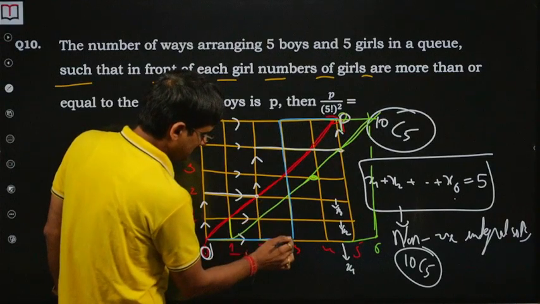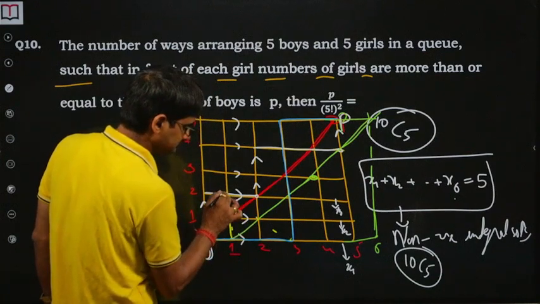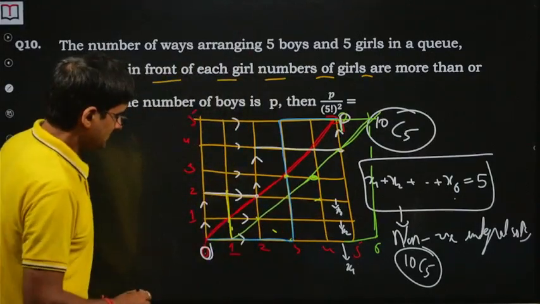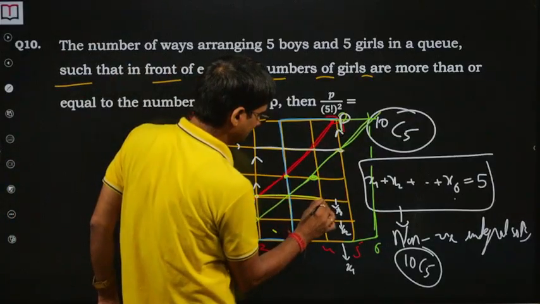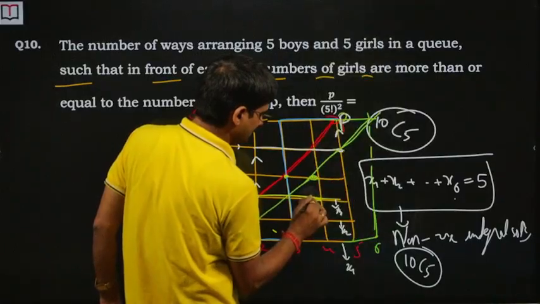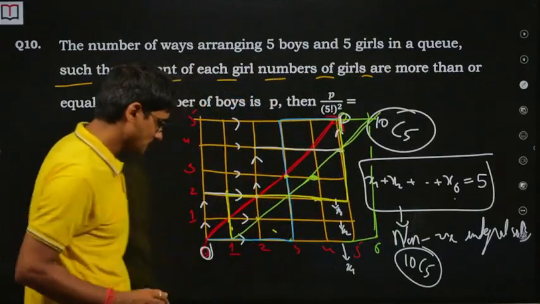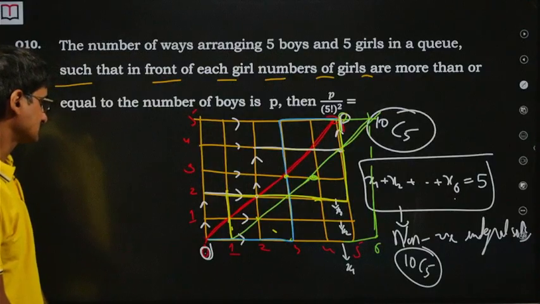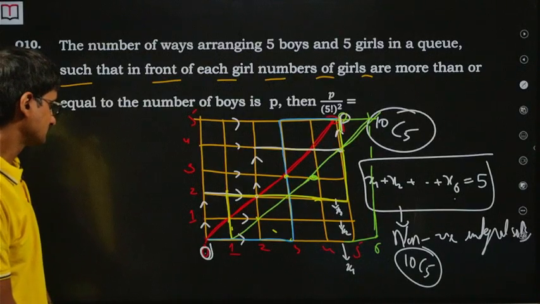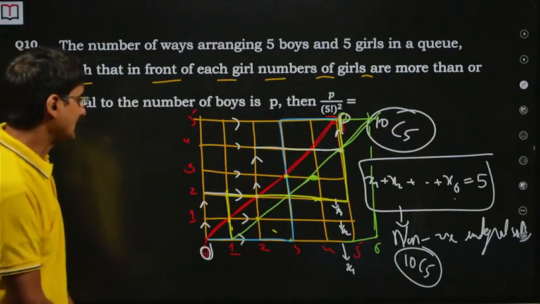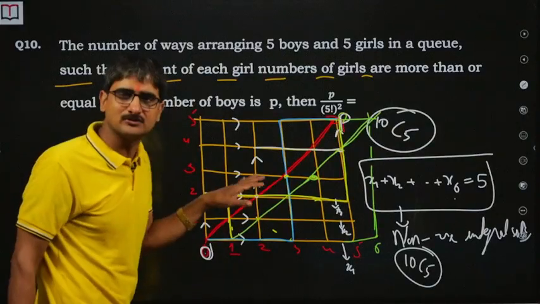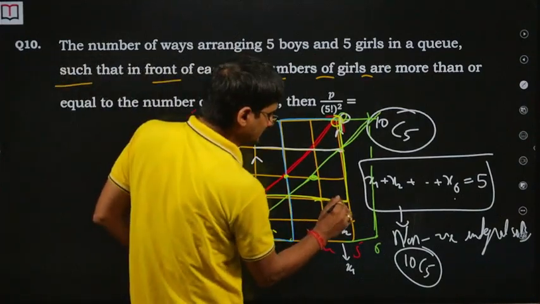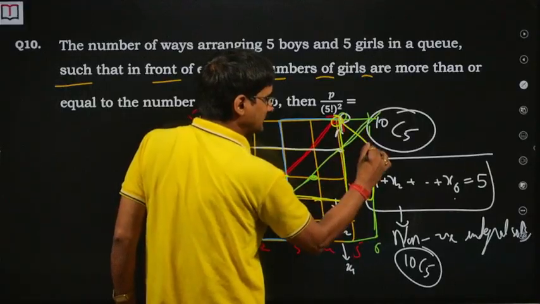Here, its mirror image will be here. Mirror image will be here. Okay, so what does that mean? See, every time you are crossing it and reaching here, okay, so where will you reach? Actually, I'm sorry, you will reach here. Its mirror image is here.